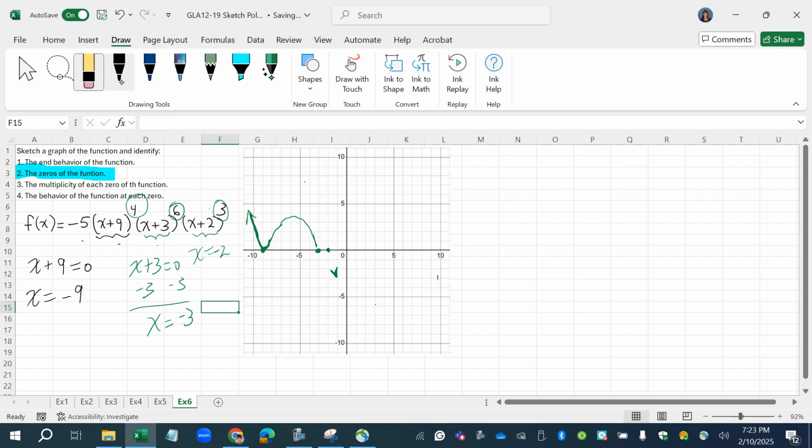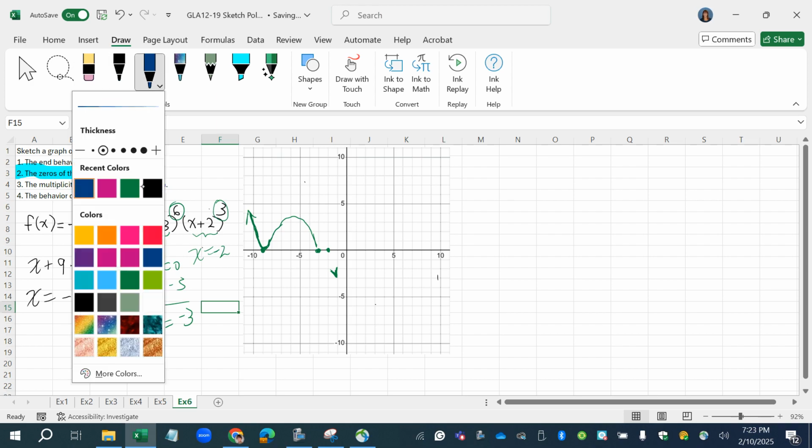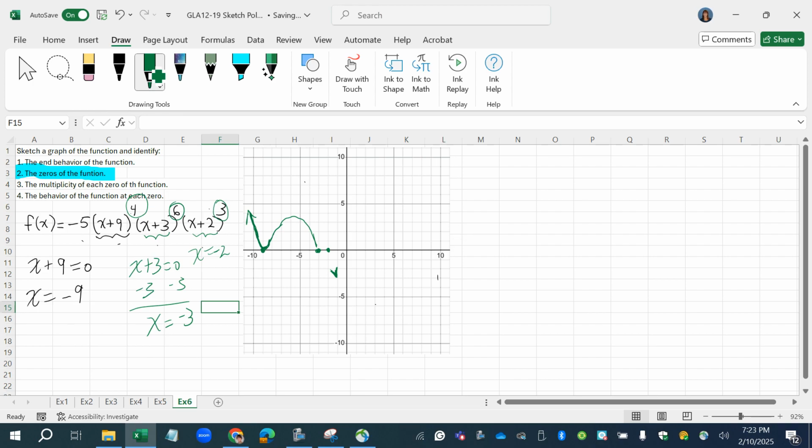Now, why do we say it's just a sketch instead of just saying it's the graph? Because we don't know some things still. There's still some things that we have not figured out in our process yet. So it looks something like that, okay? What we have not figured out yet is how high to go in between when we bounce up. We just know that somewhere up here could be high up, could be kind of low. And then same thing through here. We don't know how high it goes. Does it shoot way up and come back down? We don't know that part of it. So this is just a rough sketch